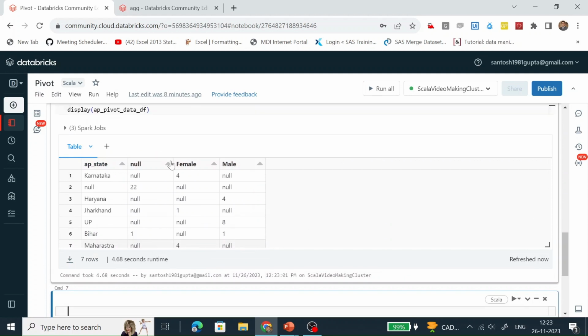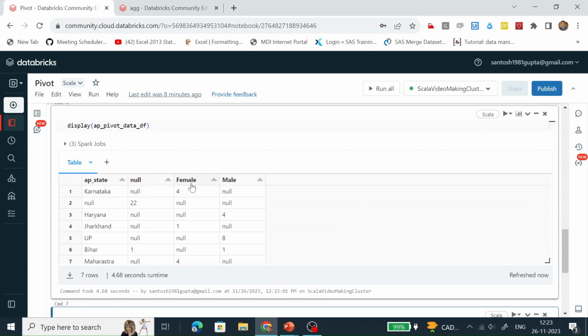We can see that in gender there are three columns: one is null, one is female, and one is male. And here are the individual state groups like Karnataka, null, Haryana, Jharkhand, UP, Bihar, and Maharashtra. Whatever the numbers of female, male, and null values present, they are coming here. Like in Karnataka, females are 4. In the null state, null values are 22. In Haryana, males are 4, like this.